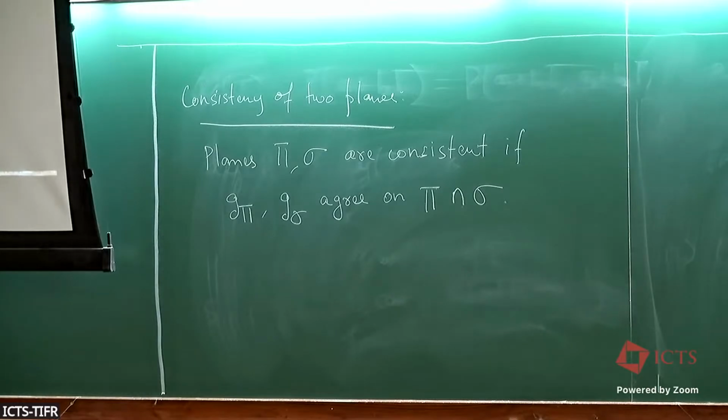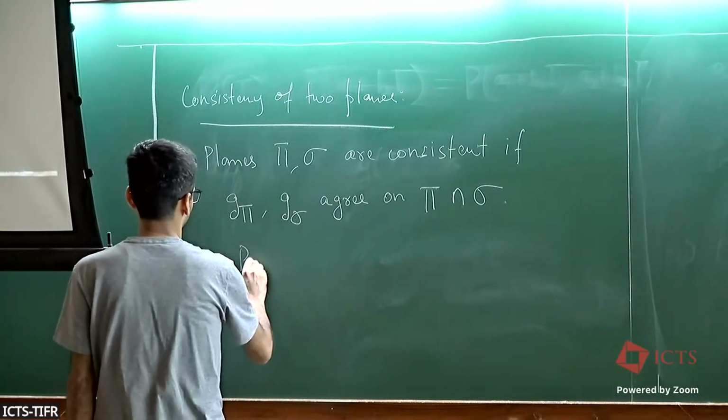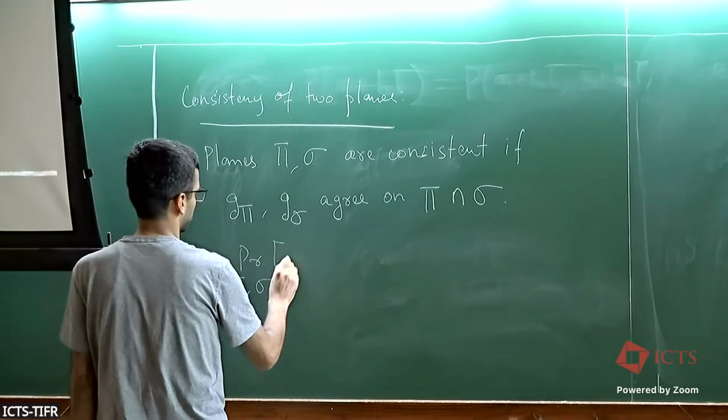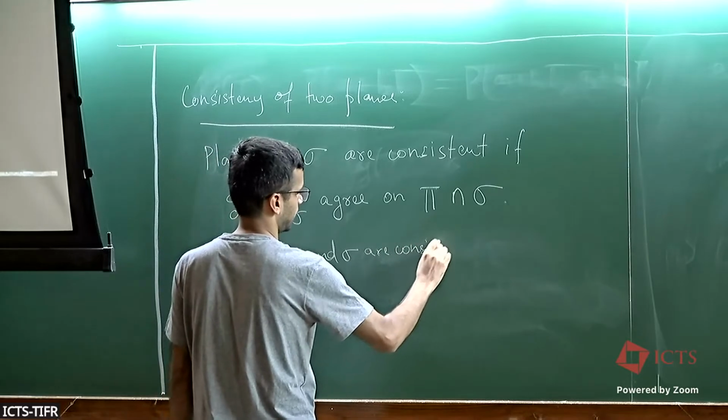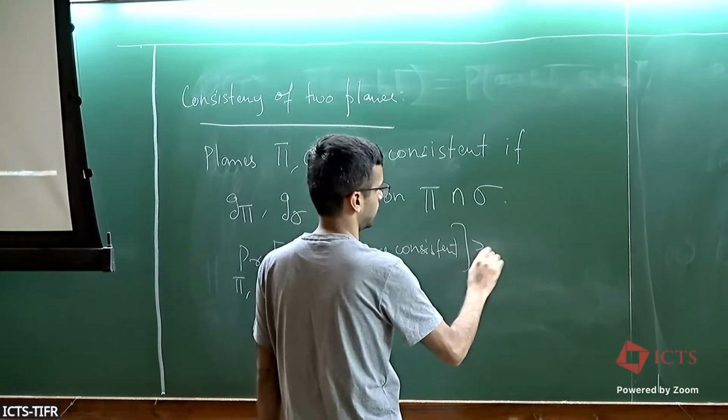Because if the test passed on both pi and sigma, then the values of the function f on pi is a degree k bivariate with value being equal to the value of f. Similarly on sigma, so at the common points, their values equal the values of f at those points. So what's the probability that pi and sigma are consistent? It's at least 1 minus epsilon squared, or something like 1 minus 2 epsilon. So the probability over pi and sigma that pi and sigma are consistent is at least 1 minus